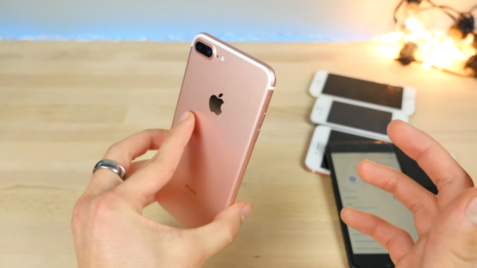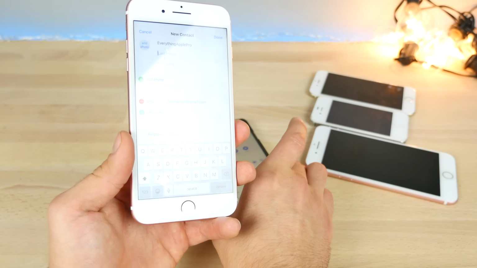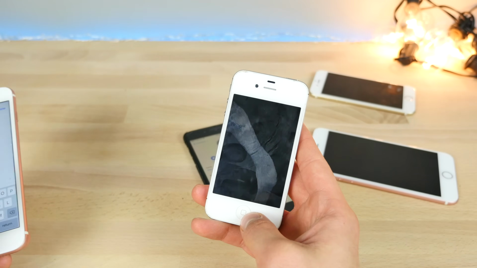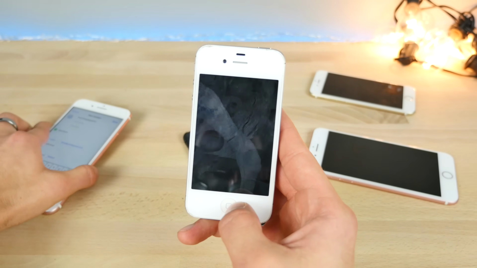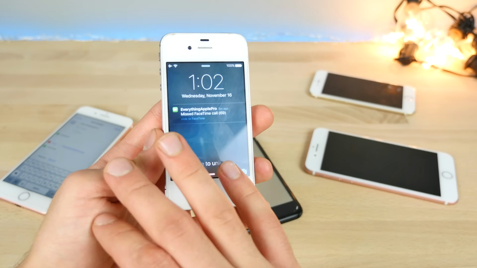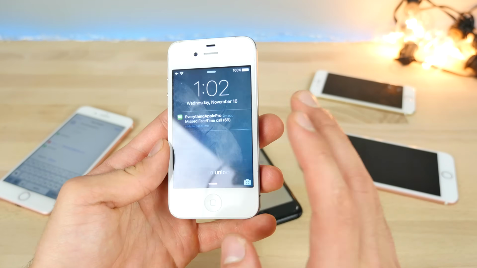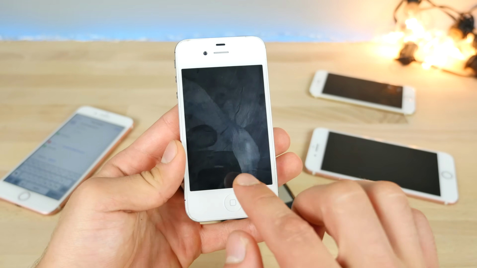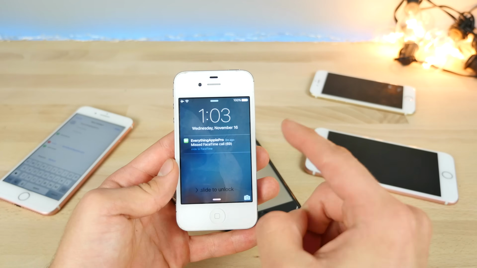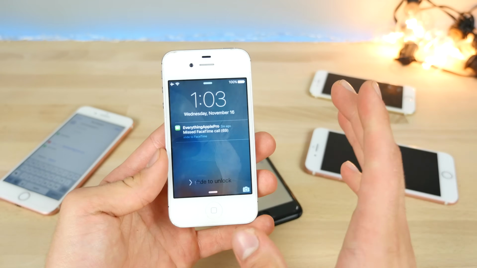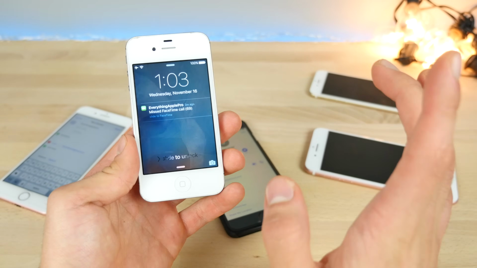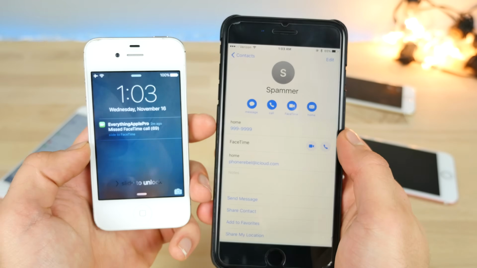So this is on a 7 Plus. I want to show you guys on an iPhone 4S. Now, why does it matter on a 4S? It's actually a bigger deal than you guys think. The 4S is officially discontinued. Apple is not releasing any updates for it, so it's on iOS 9.3.5. This bypass works on this iPhone and firmware, which means the iPhone 4S is getting an update, iOS 9.3.6, thanks to iDevice Help. So look out for that in the future, but I just want to show you guys that